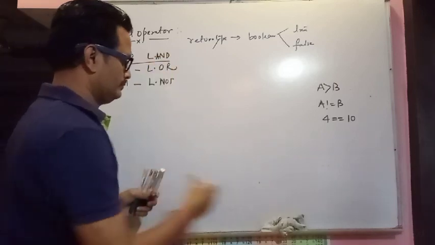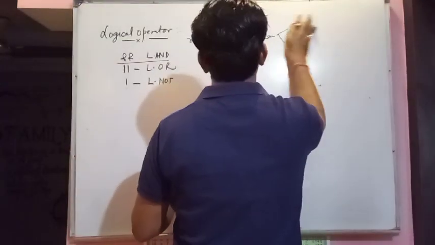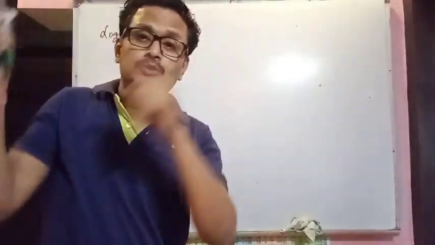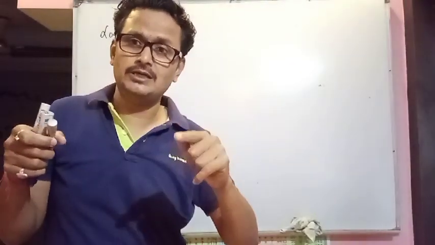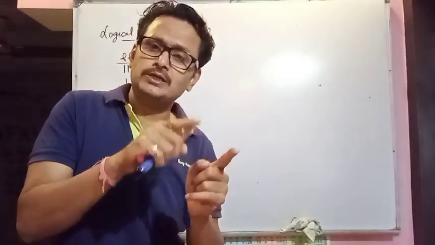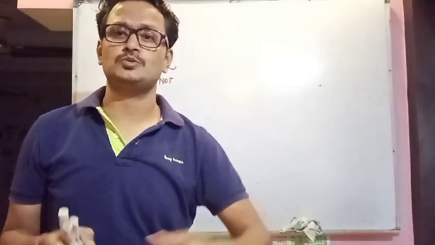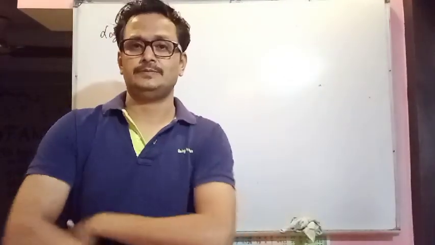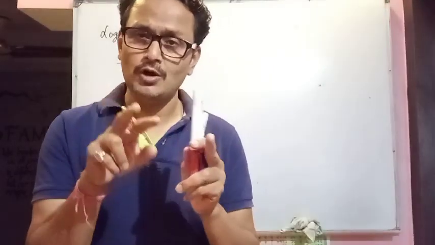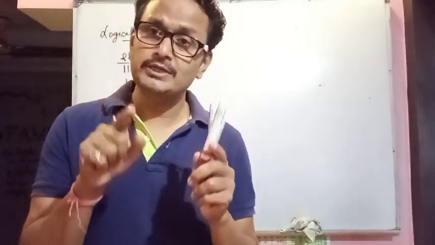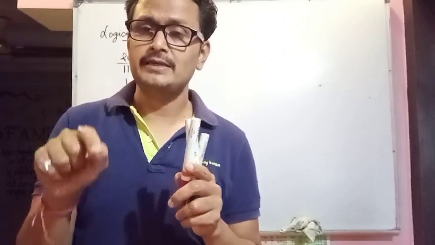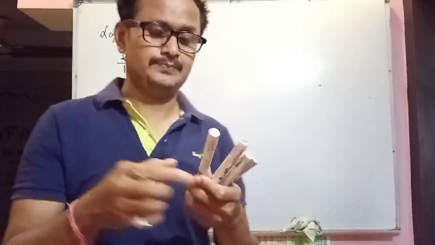Logical and. It will check two or more than two conditions, not one condition. In logical and it will check two or more than two conditions. अगर दोनों condition will be true, then your answer will be true. Otherwise सारे केस में क्या आएगा? False. Once again, in logical and it will check two or more than two conditions. If both the conditions are true, then only it will return true. बाकी सब cases में it will return false.